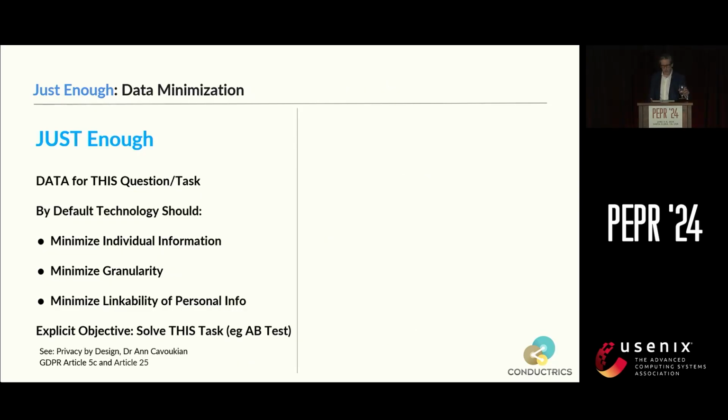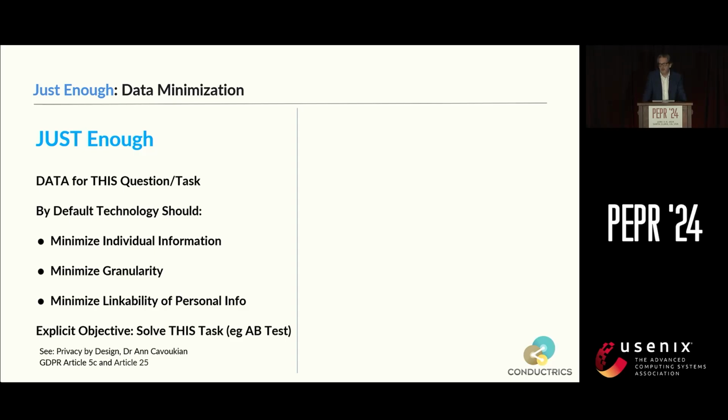So just sort of rolling up data minimization, we try to think of it as just enough data. And this is really where intentionality comes in. What's nice about data minimization principles is that it really forces the organization to think about, at the margin, what bit of data is going to be required to collect. So you need to state up front what type of information is going to be needed to solve a particular task. And so by data minimization, I'm really referring to Principle 2 as well as Article 5C and 25 GDPR,